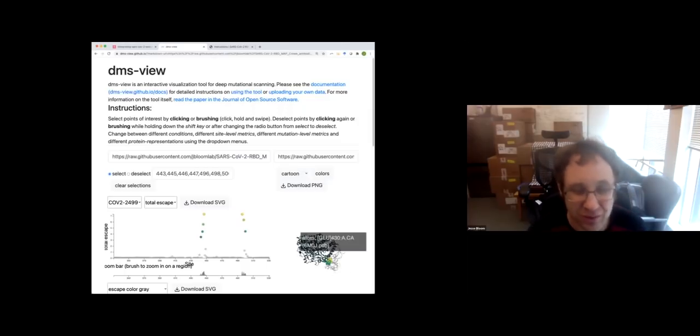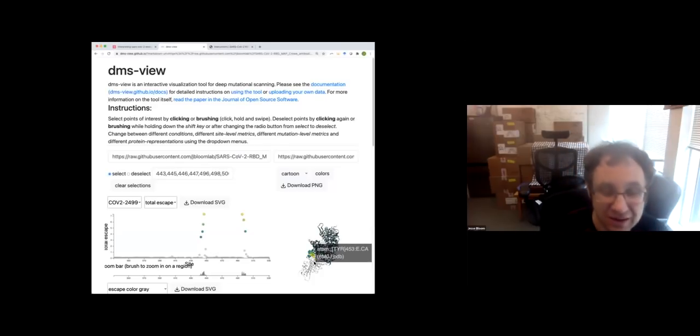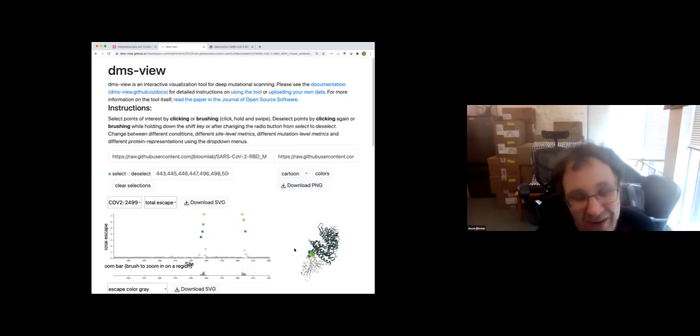And just a point I want to allude to is that you can imagine, why do we need to do this experiment? Could we have figured this out by crystallizing the antibody with the receptor binding domain? And in fact, we could have gotten complementary information or similar information doing that. But as I'll allude to later on, these experiments that I'm describing can also be done with polyclonal mixes of antibodies, which are less amenable to structural biology needs.